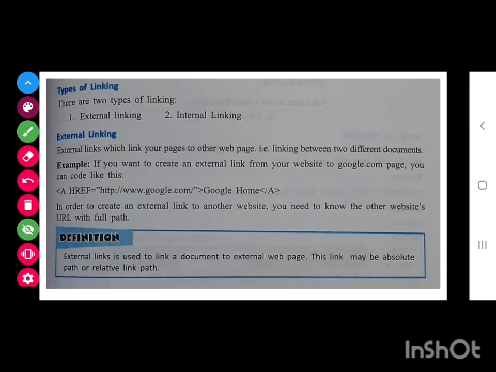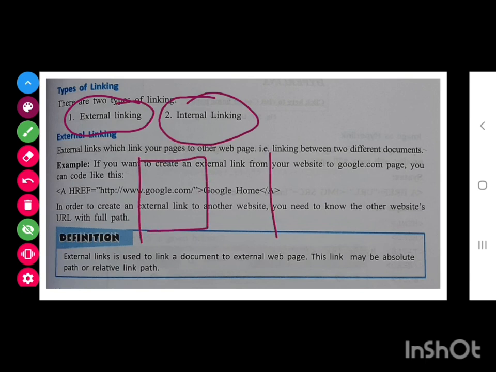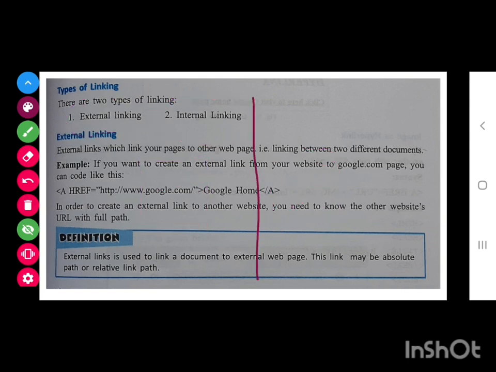Now there are two types of linking, one is external linking and the other is internal linking. External linking means I have two pages, I click on a hypertext somewhere on this page, and another page gets opened, so that is external linking. But internal linking is such that, suppose there is a hypertext and you want to see something down in a document.